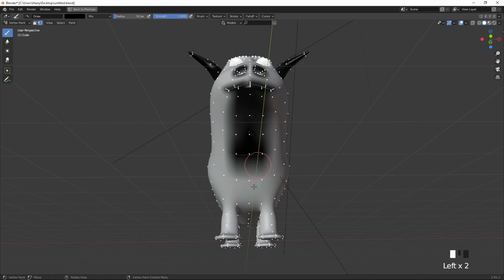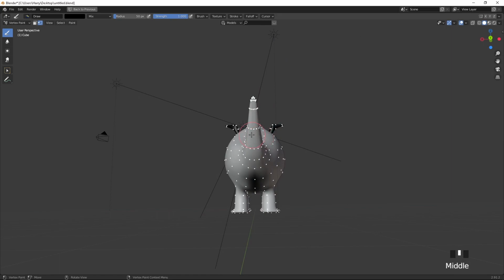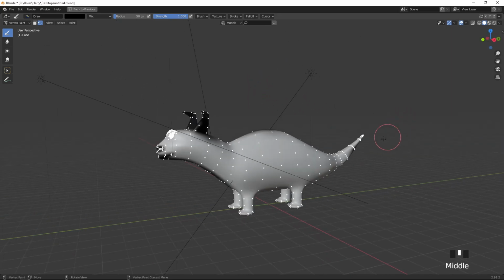So this painting will be useful for us. What we are going to do is some coloring here, and it will be dark like this.